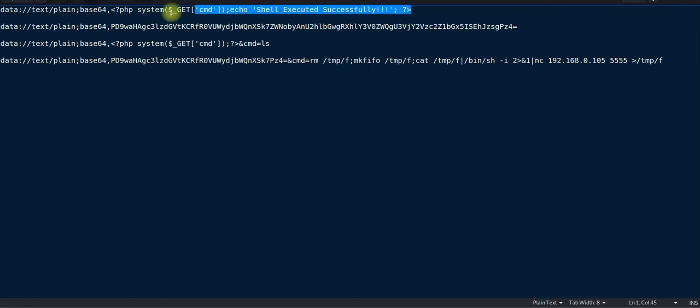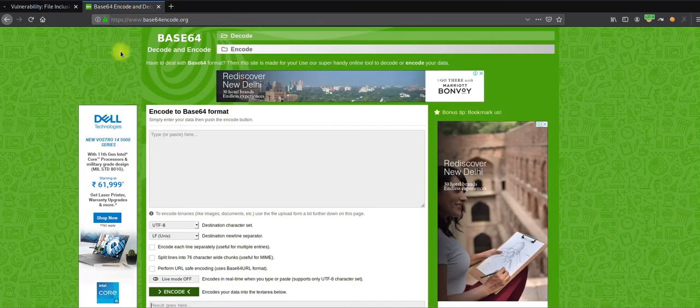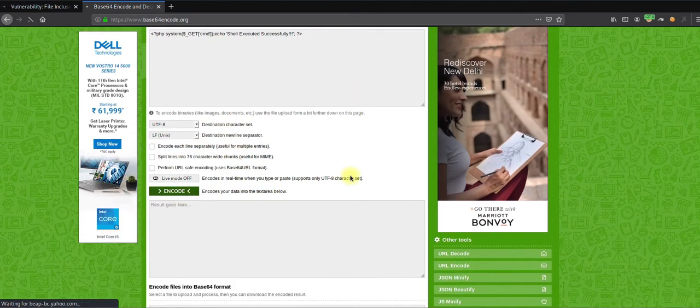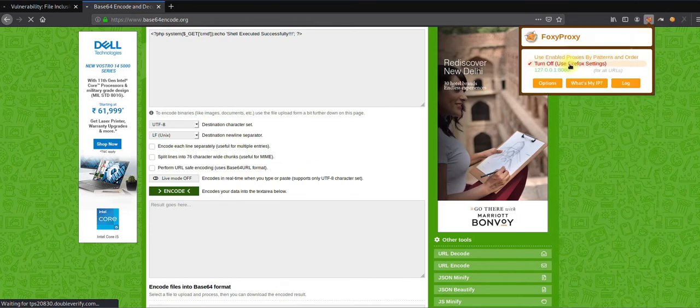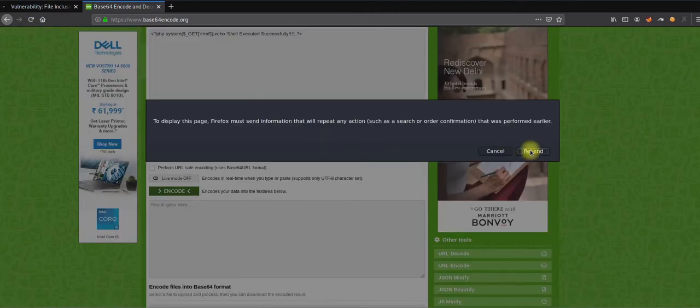In order for this payload to work, I have to copy this section and do the base64 encoding for it. So I logged into this website, and here I put in my payload and try to encode it. Oh sorry, my Burp Suite is enabled, so I'll disable Burp Suite right now and resend this request.